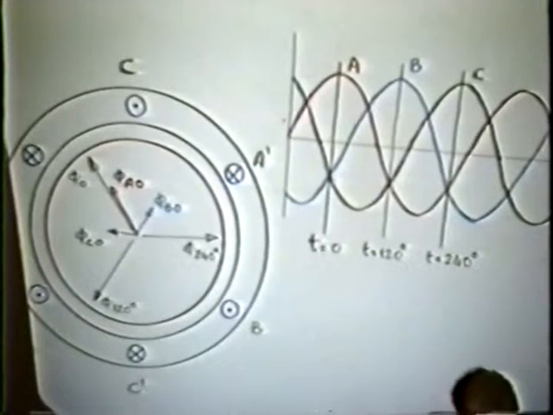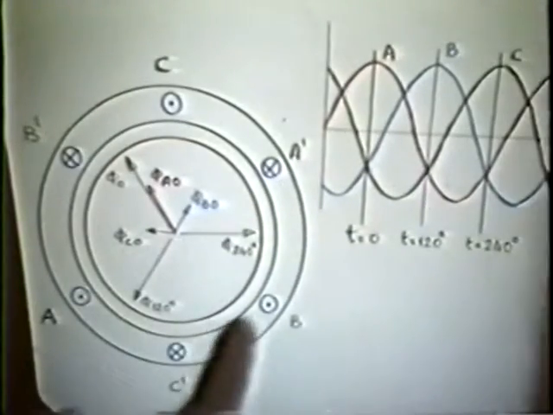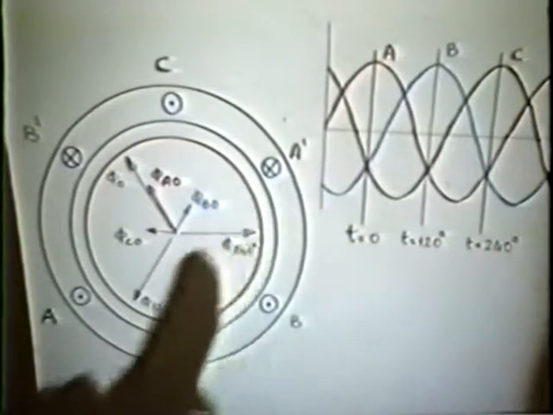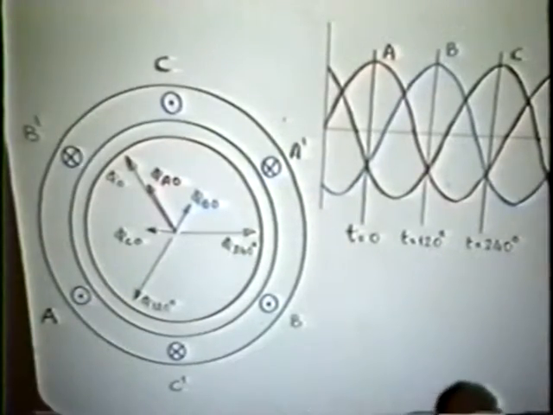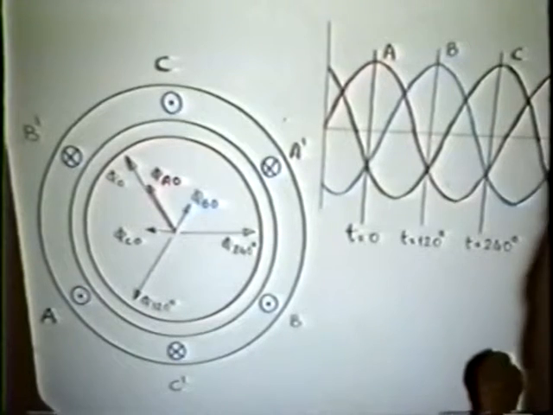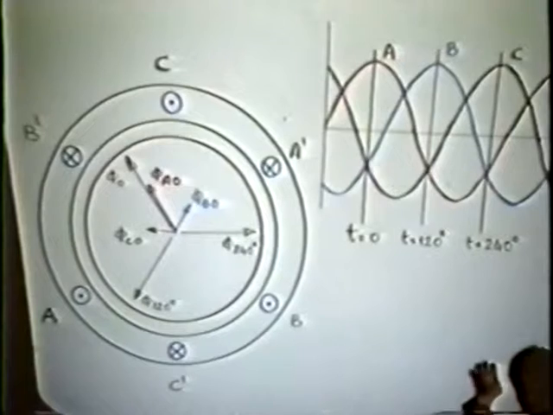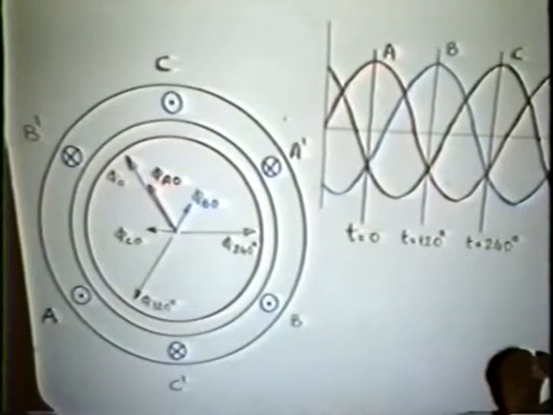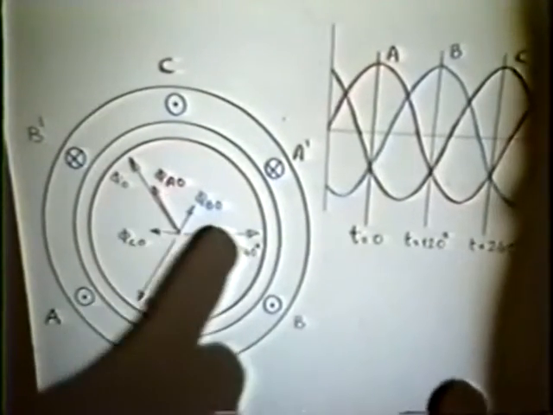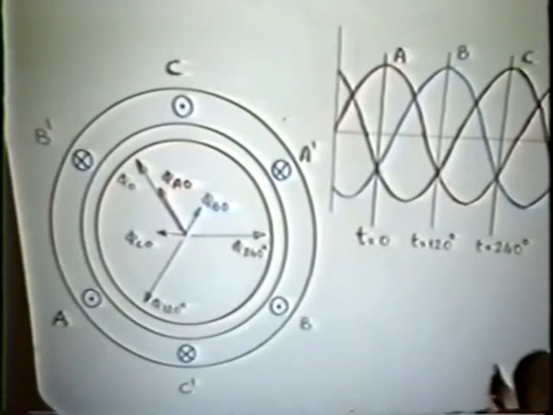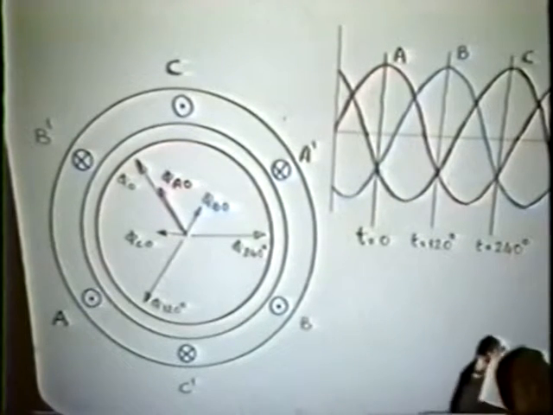And one other thing which should be said about this three-phase system is that it's shown here with 3 sets of windings. A two-phase system actually has to have 4 windings. As you saw in my demonstration, there is 1 winding here, 1 winding there, 1 winding at the top, and 1 winding at the bottom. A three-phase system has 3 windings separated by 120 degrees in space. So they are just positioned like that, and there are only 3 concentrated windings.